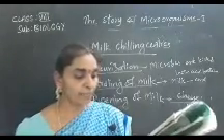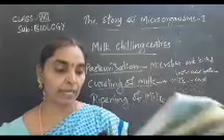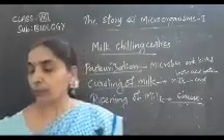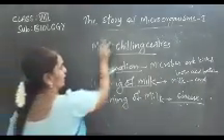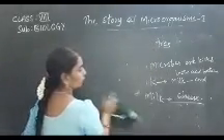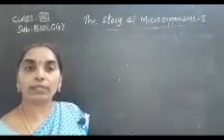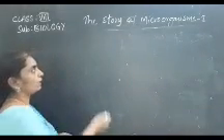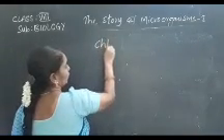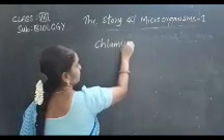Next, prepare a model of any microorganism and write a note on it. You can choose any microorganism. For that, you can do TMV, that is tobacco mosaic virus, or you can also prepare a model of Chlamydomonas. If you want to make a model of Chlamydomonas, children,